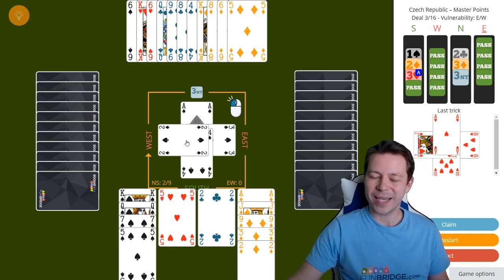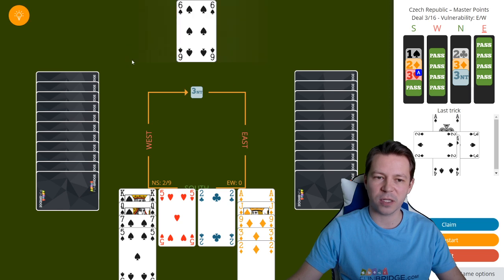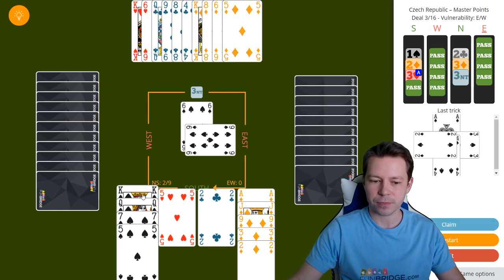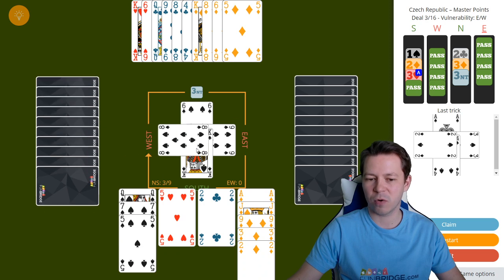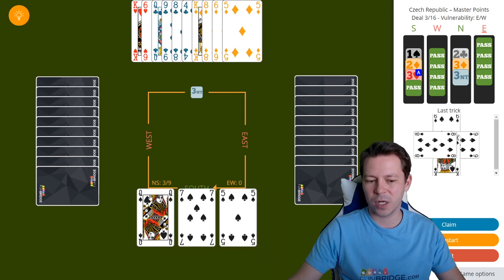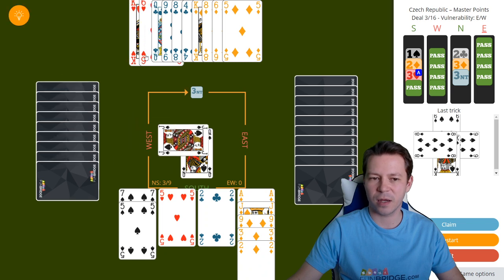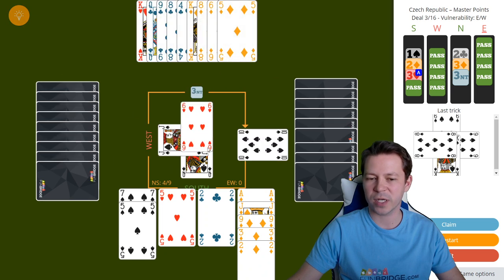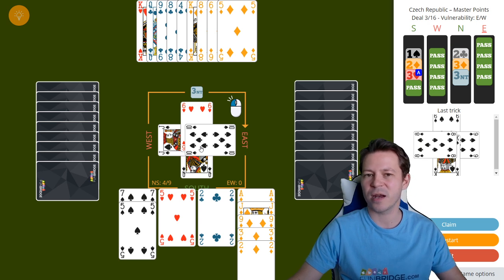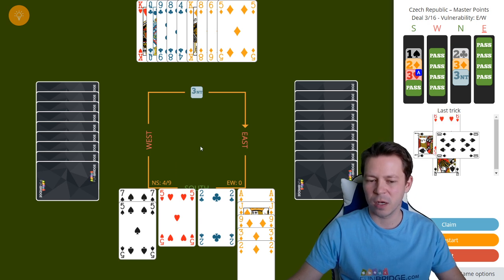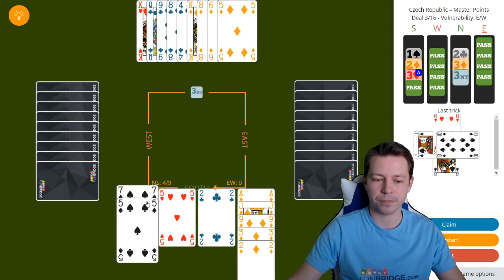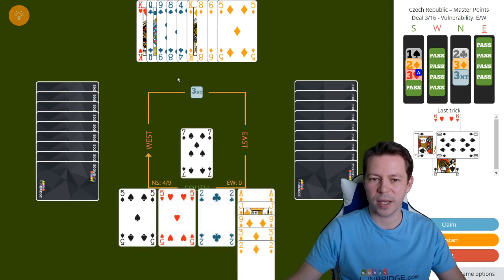From the signals from East, 2 and 3, it is most likely splitting 3-3, because low-high is an odd number of cards, so we can test that by cashing 2 more rounds of spades. I'm not much afraid that I give some extra tricks to the defenders, because I either cash all my tricks, or if I lose a trick, defenders will most likely cash 3 or maybe even 4 club tricks. Okay, once they split,